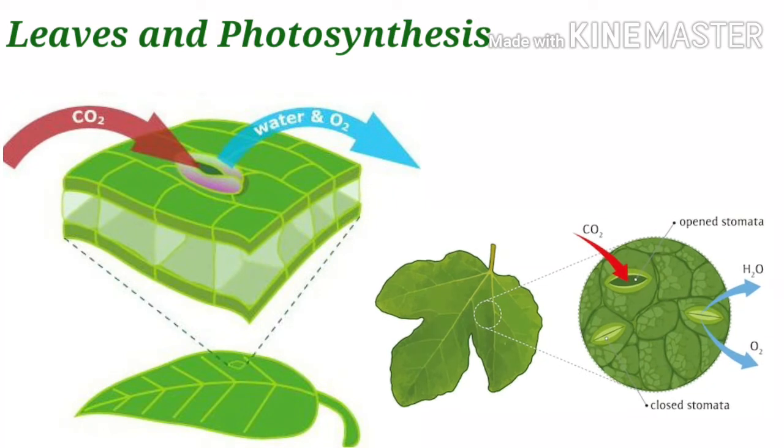The leaves of a plant are arranged in such a manner that each one of them can trap sunlight. The structure of a leaf is flat and thin. This enables the sun's rays to easily penetrate and reach the inner layer of the leaf, where the process of photosynthesis takes place. Plants can also prepare food in the presence of artificial light. Light is captured by the chlorophyll pigment present in the leaves.